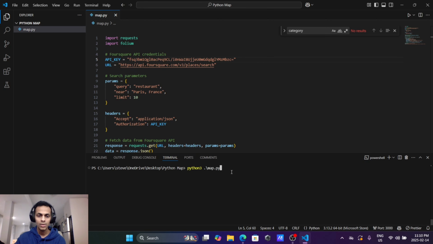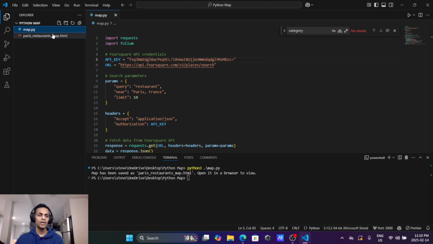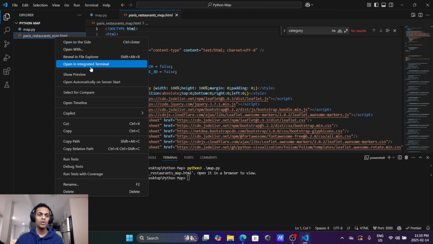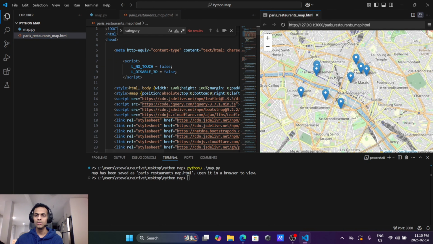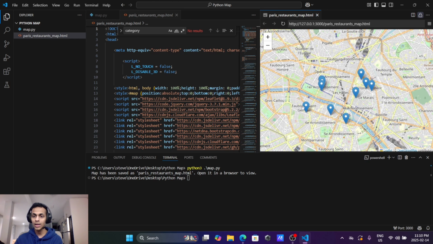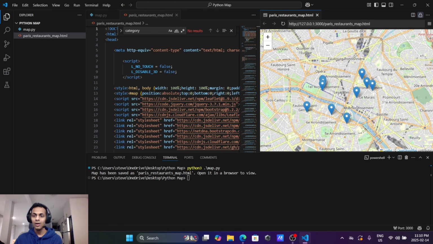I'm gonna do python3 map.py to execute this Python file. Hopefully, and I can see that a new HTML file named Paris Restaurants Map has been created. I'm gonna preview it in the console, and you can see that we have successfully created a map of Paris